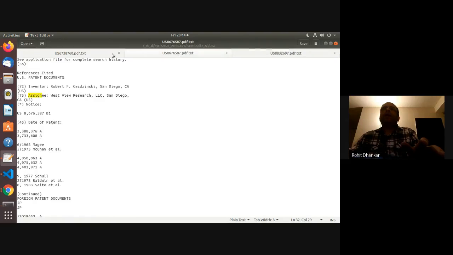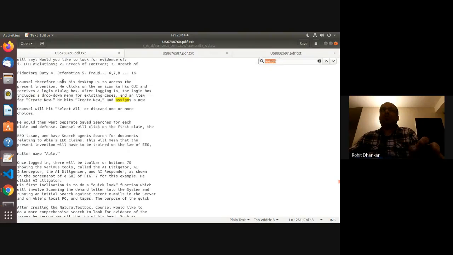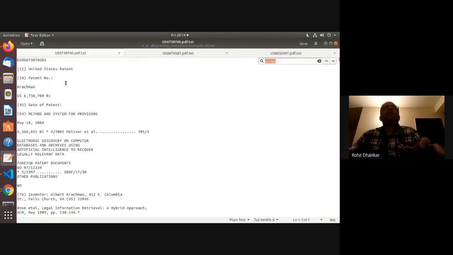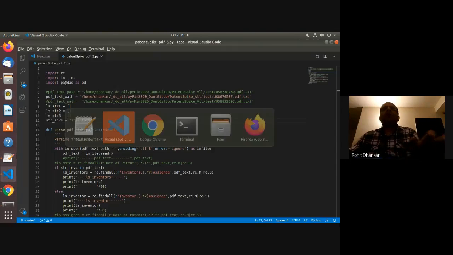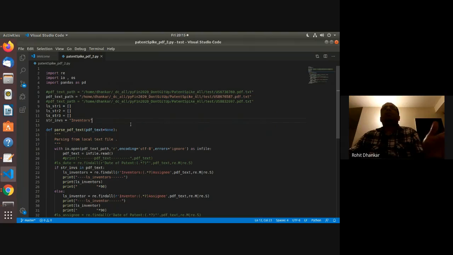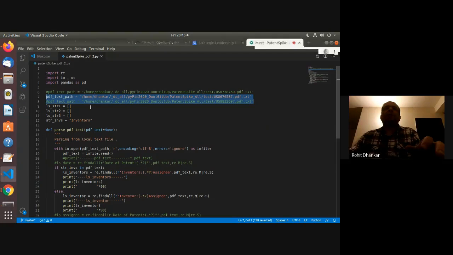Now what needs to be done is we need to basically bucketize the code. So you bucketize the text. So you need to pick up the text between any given delimiters, so to say. What I'm looking at over here is one is inventors or inventor, and the other one is assignee. So for two of these text documents, which have this particular pattern,